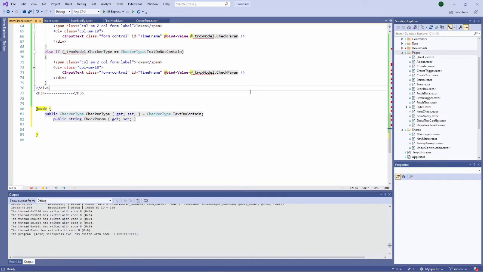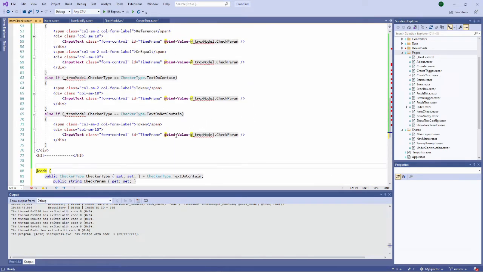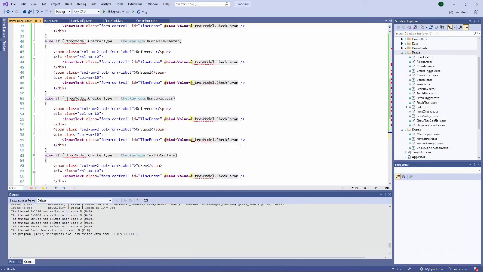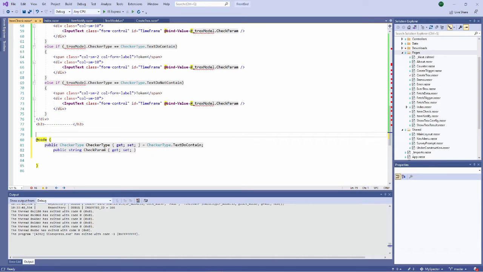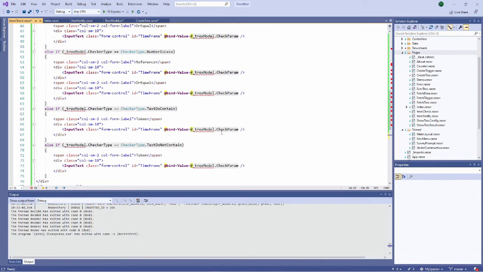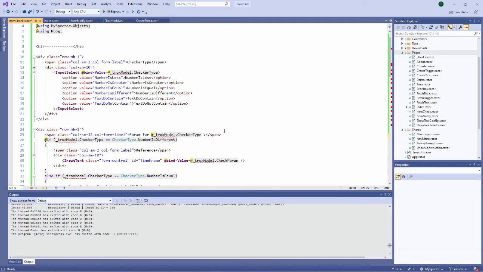Then, once this is done, I'm going to update all the bind value fields, which are nicely put in red. So I have only the checker type. So in fact, because I use the same nomenclature, I will just remove the prefix. So I do not use the attribute checker type of the Trox model. I am already obtaining my property checker type.